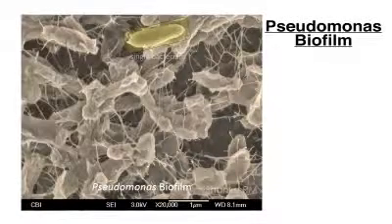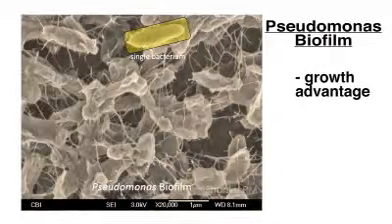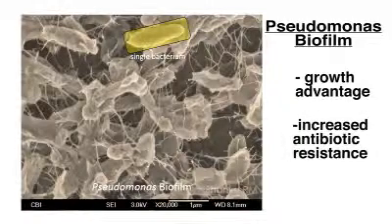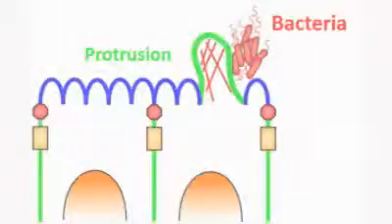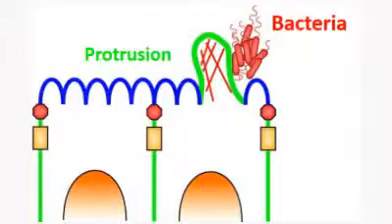Forming a biofilm likely grants Pseudomonas a growth advantage. Also, growing as a biofilm provides the bacteria with increased resistance to antibiotics. Biofilm growth occurs on top of epithelial cells, so learning about how Pseudomonas and epithelial cells behave in this context is of great interest. To understand how Pseudomonas interacts with epithelial cells, it's important to know the basic architecture of